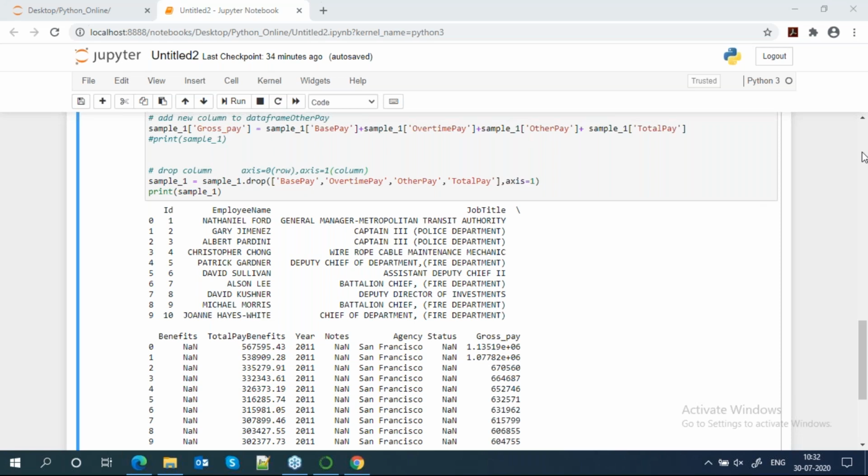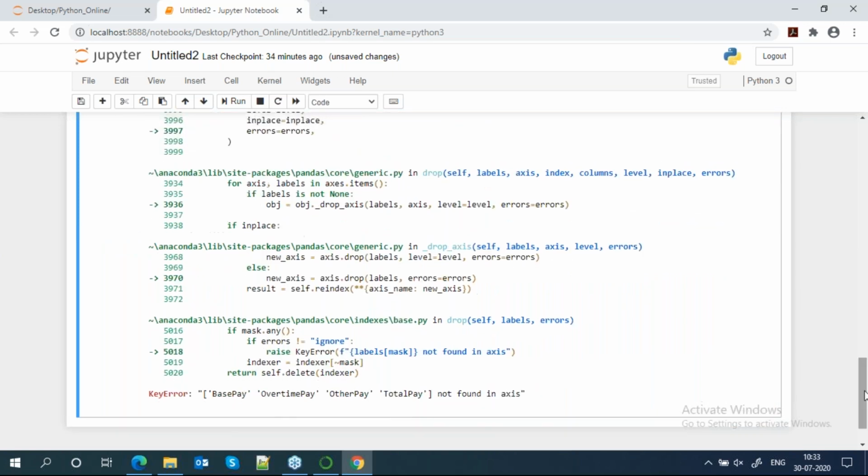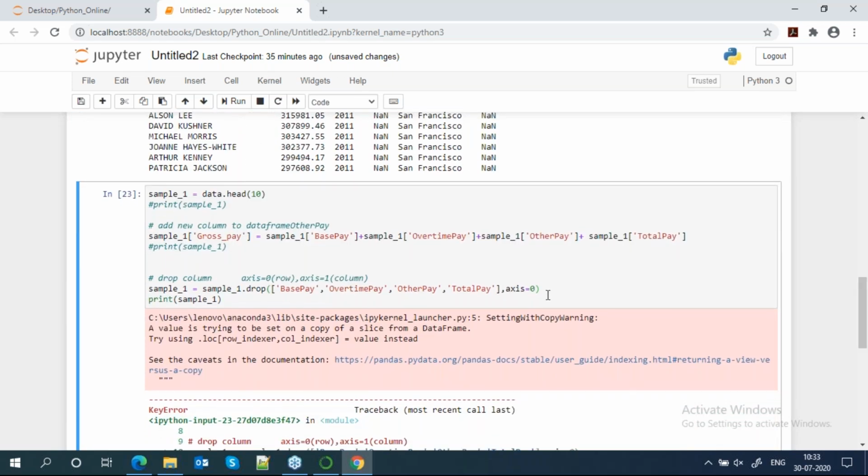What will happen if we do axis equal to 0 in this case? In this case, it will give you an error, simple. Not found in axis, there will be no key with this particular name.